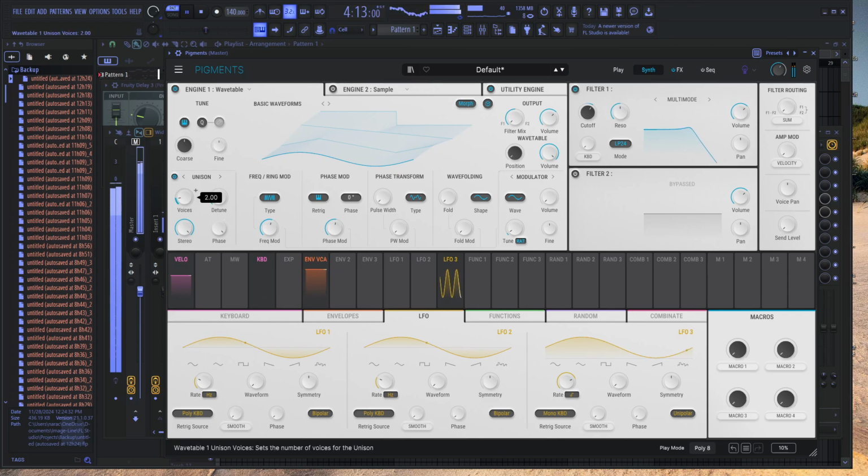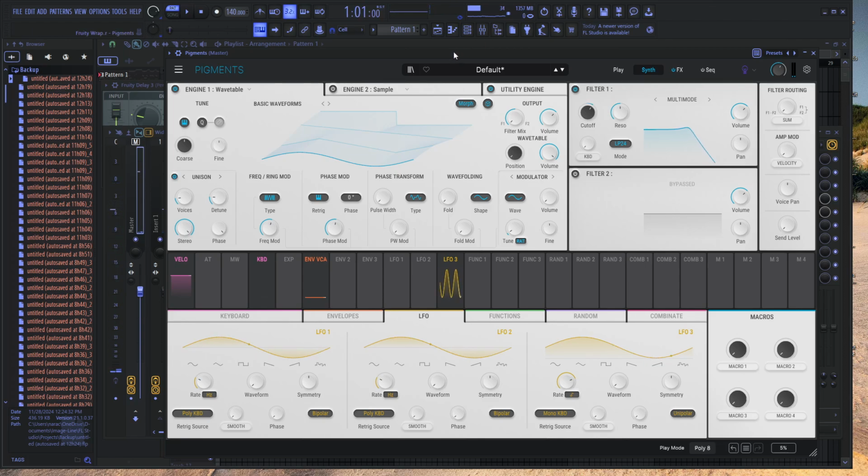Who knows? But what I do know is that I want that LFO to be hitting like that. This is way too loud too, by the way. Maybe this is something that I want in the background. But yeah,